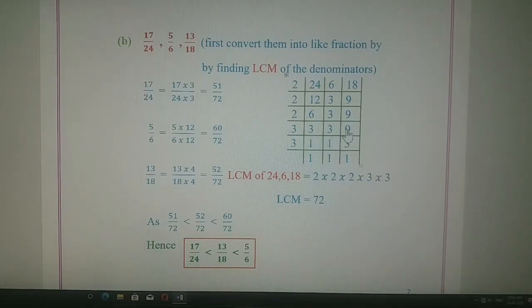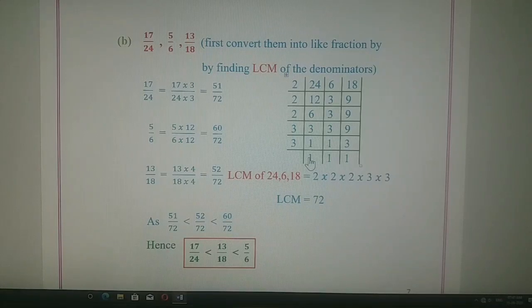So now we go to the next prime number after 2. The next prime number after 2 is 3. 3 1s are 3, 3 1s are 3 and 3 3s are 9. So 3, 3 and 9 can be divided using 3's table. 3 1s are 3, 3 3s are 9. So we get the next line. Again, the last number 3 can be divided with 3's table. So we divide it with the prime number 3. 3 1s are 3.